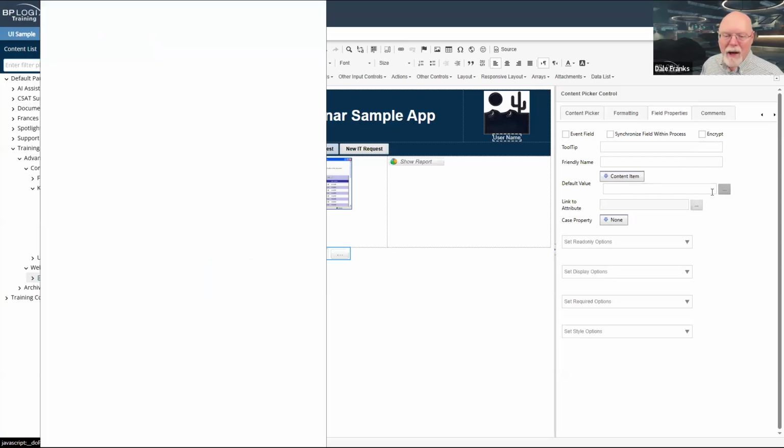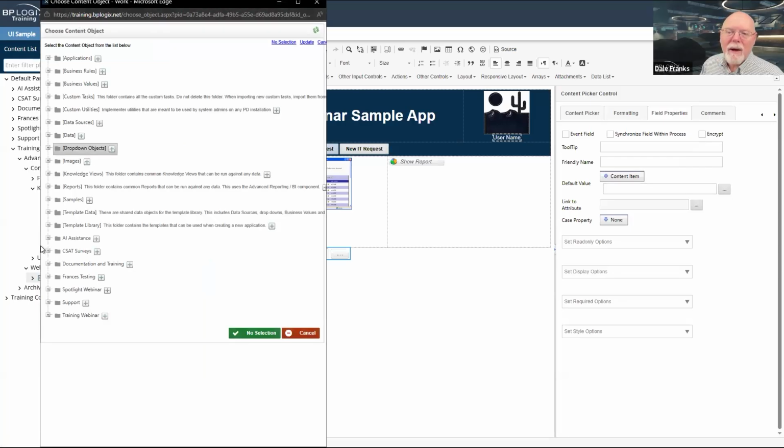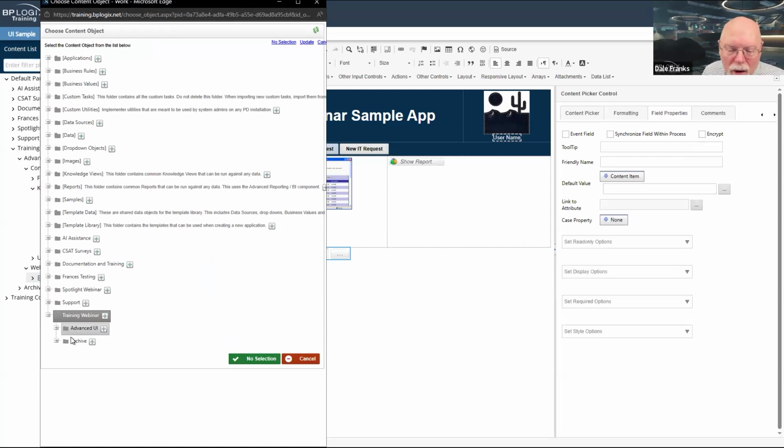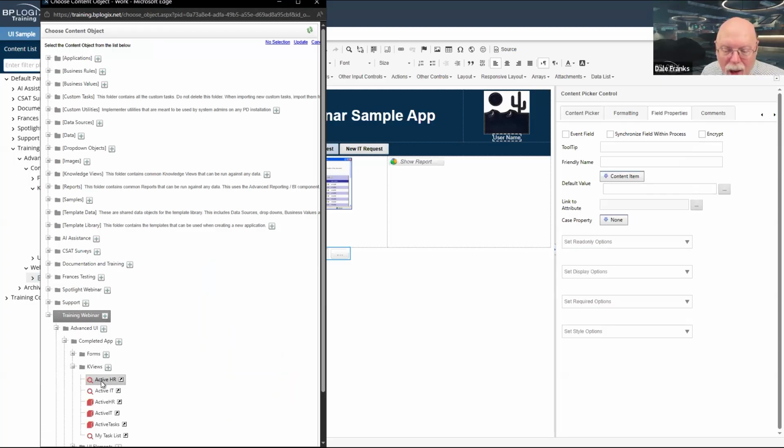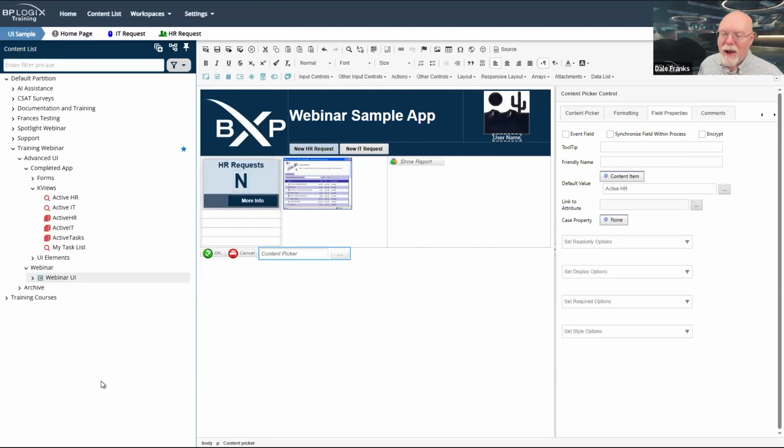And the content item we are going to pick is our ActiveHR knowledge view. The completed app, KViews, and that is the ActiveHR knowledge view that we're going to run.